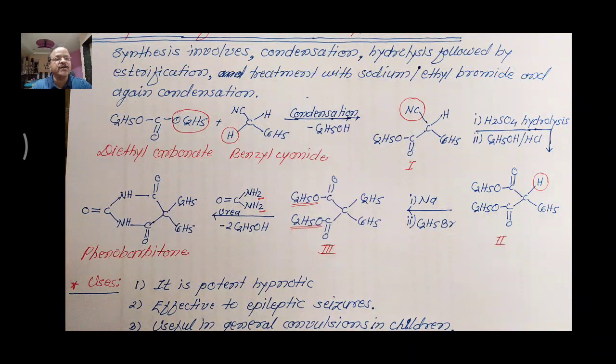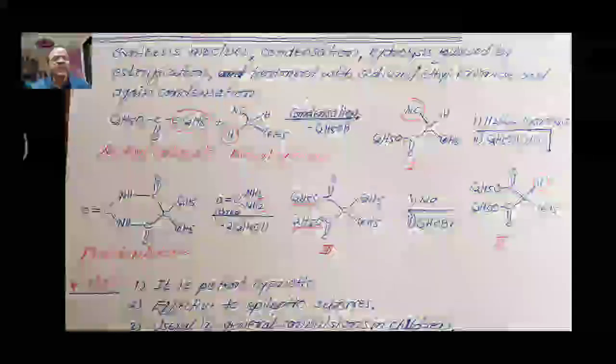After removal of the H plus ion, the place will be occupied by Na, sodium. So at the place of hydrogen, Na will be there. Then in the second step, that sodium compound will be treated with ethyl bromide, that is C2H5Br, where we obtain compound number 3, in which Na gets replaced by C2H5. So we are getting compound number 3.